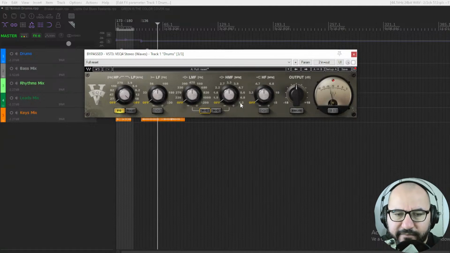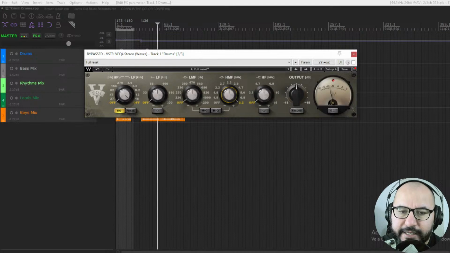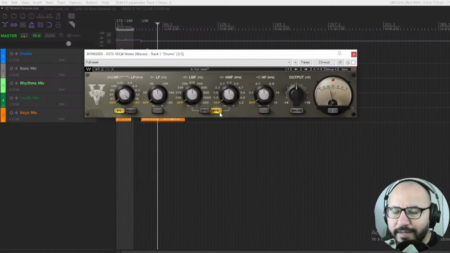Then we have the high mid frequency band from 1.5K all the way up to 8.2 kilohertz, and also we have the opportunity to set it as high Q. High Q can be used more for surgical EQ, for fixing, for finding problematic frequencies. And low Qs are more for adding stuff,